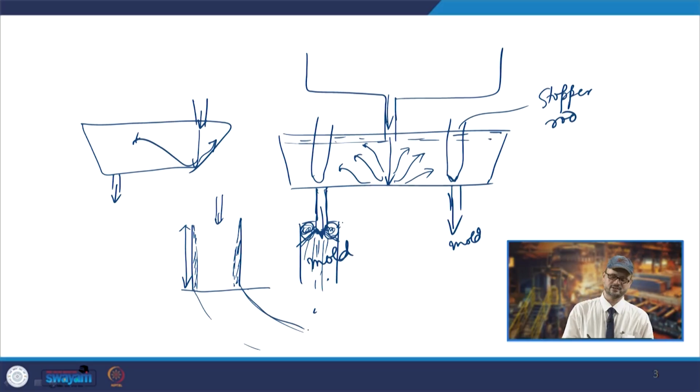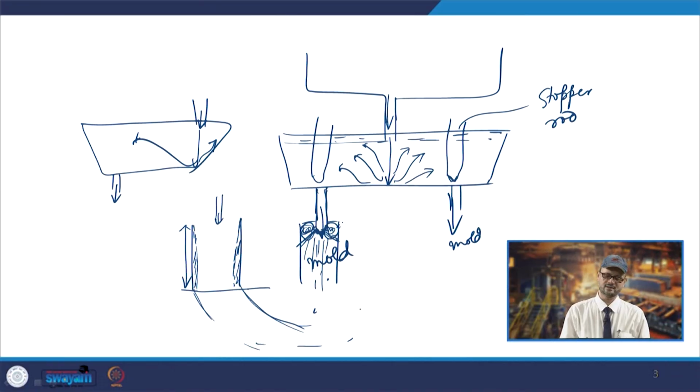So, you will have less area here, more area there. Properly you have to have the cooling, so that uniform structure and uniform properties are ascertained, and then finally it will go, and ultimately we cut it once we ensure that it is completely solidified. So, you will have a cutting torch and that will be cutting it.